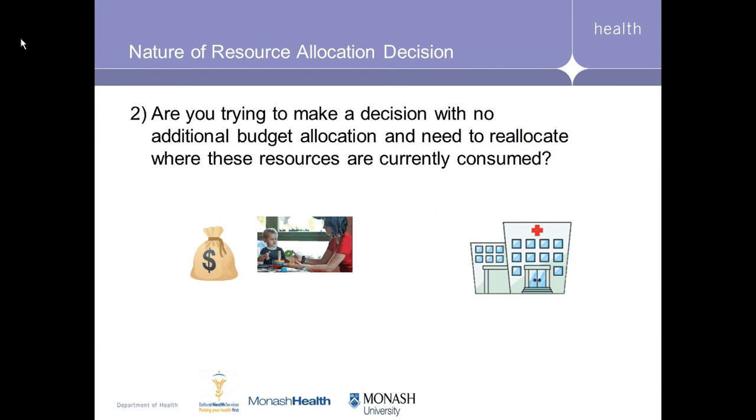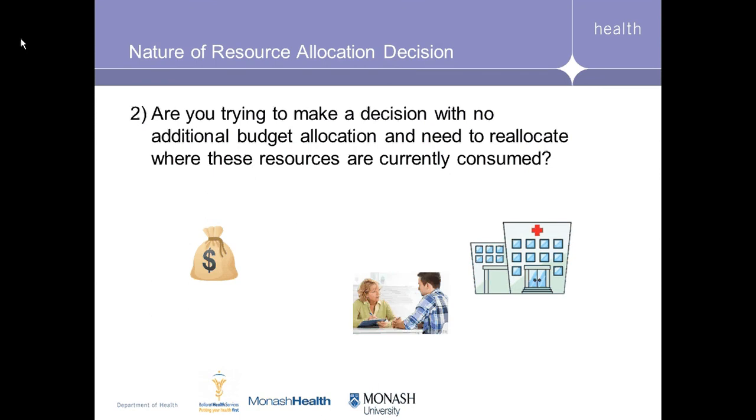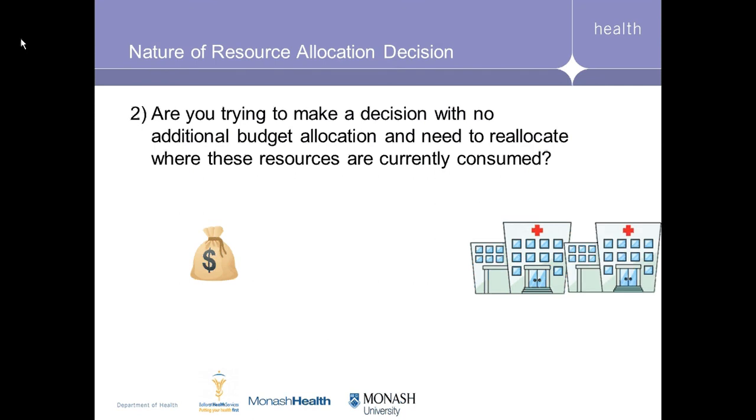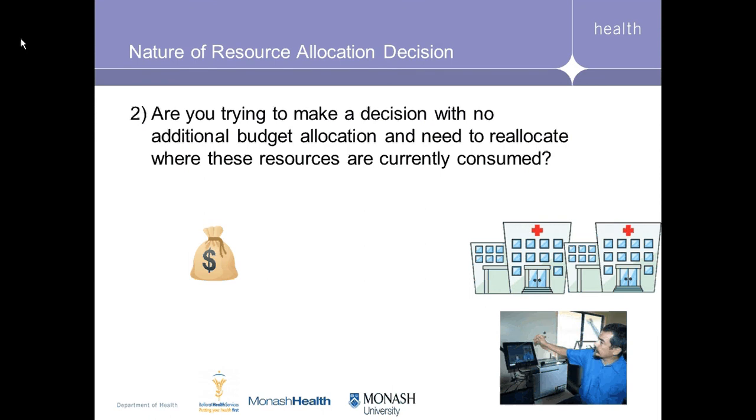The second option is that you are trying to make a decision with no additional budget allocation and need to reallocate where your existing resources are currently consumed. So again, your overall amount of funding that you have at your disposal has not increased, but rather you are seeking to redistribute where that may be. So this is likely to entail replacing some services with others that you might view as being more effective or more efficient. Bearing in mind also that you can use this same funding to purchase equipment and capital to support